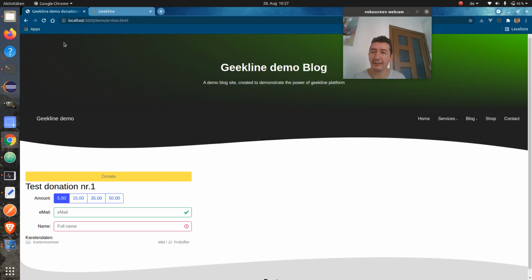Now I'll save, and when I go to my demonstration page, I have updated, and as you can see here now we have the email as mandatory and the name as optional field, and here we have the text of our second donation which we just created. To demonstrate it, I will just select €5 here. I will write my email. Okay, let me write my full name. Just Ogo, and then here I will have to